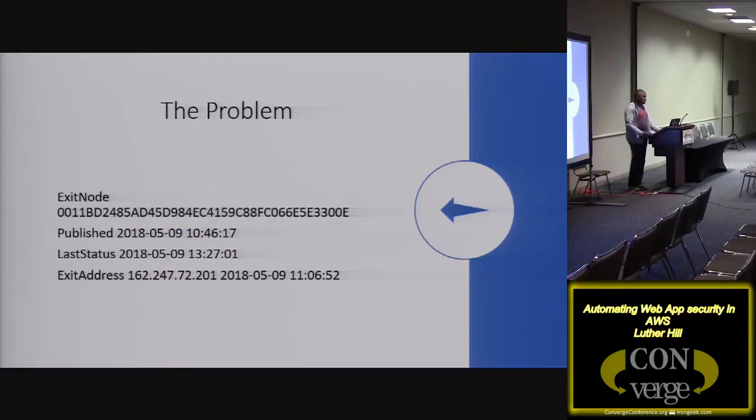So this is an example of an exit node that Tor does. If you look at it, you'll see there's an IP address. There's a date when it accessed the information. It has a lot of really good information. So all this information in here, same thing. If you let a Lambda function, which is a server or whatnot, call it, you can run it as script